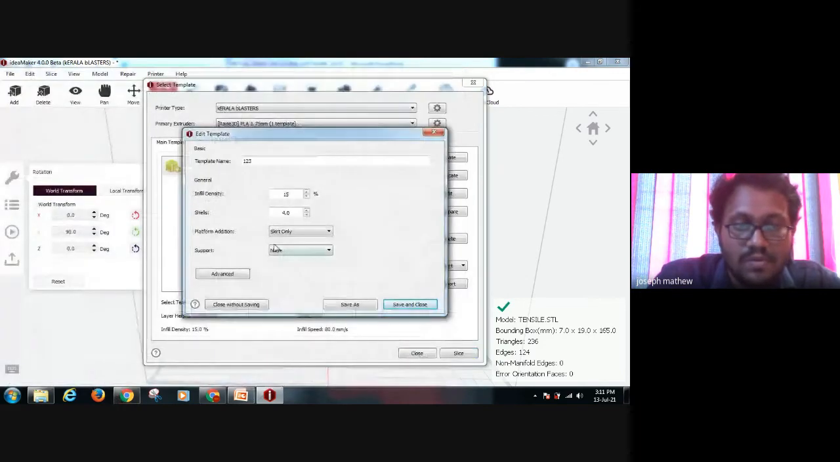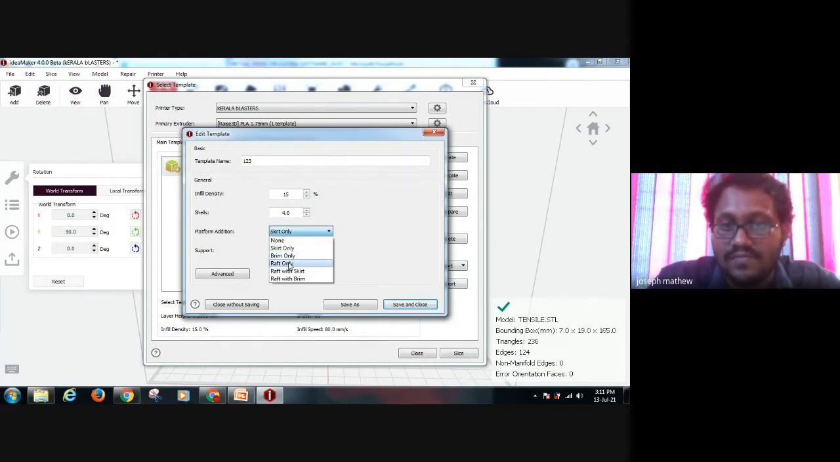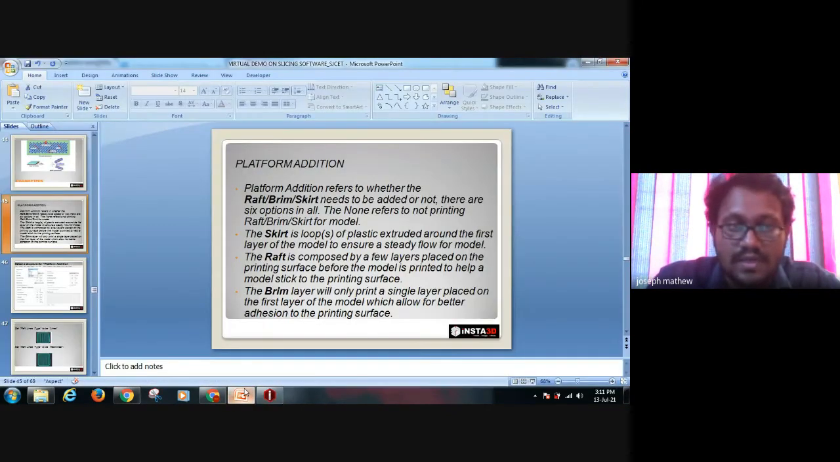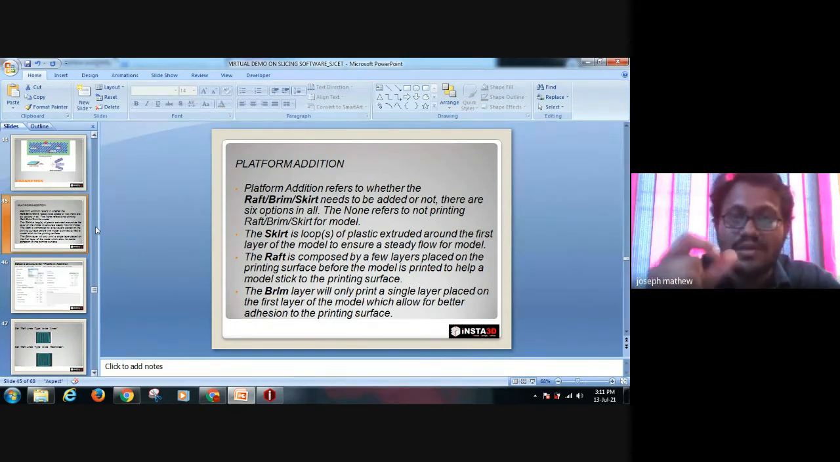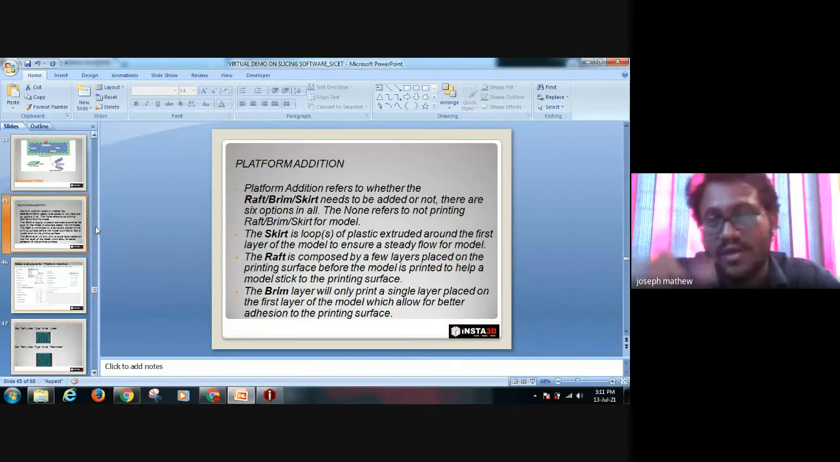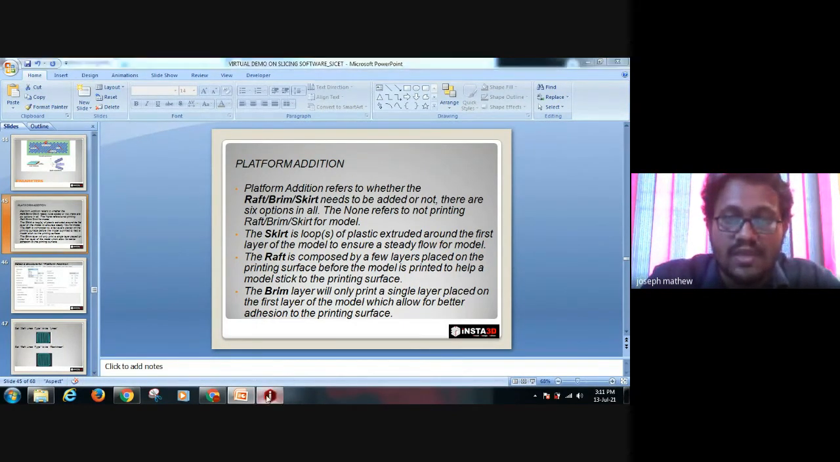So I'll go to the simple mode. There is one called platform adhesion. There are three types of platform adhesion. One is the skirt, brim, and raft, and the combination of raft with skirt, and the combination of raft with brim. So skirt is the amount of material which is being laid offset from the 3D printed part. When we start 3D printing, the filament will not be fully inserted into the 3D printing head. There may be an air gap present inside the nozzle. So we need to vary the skirt